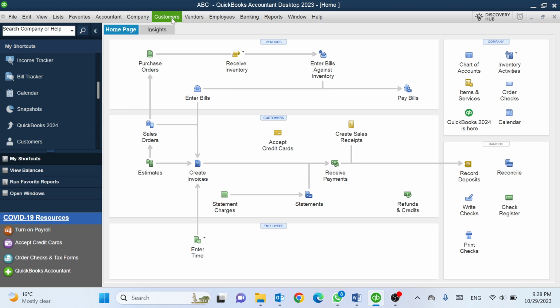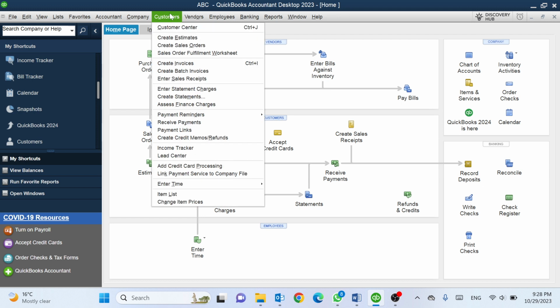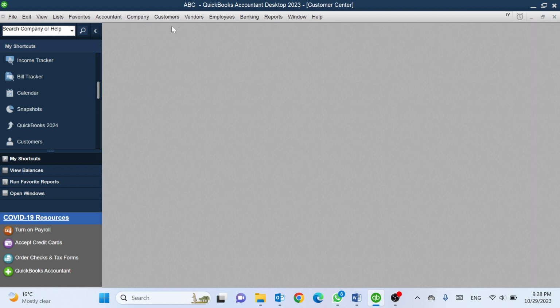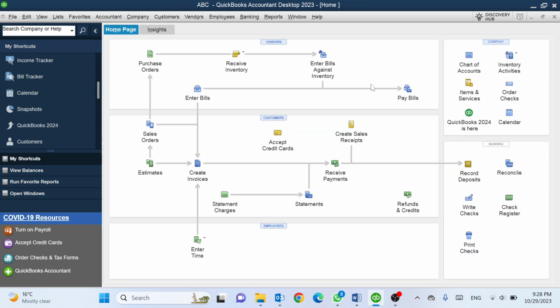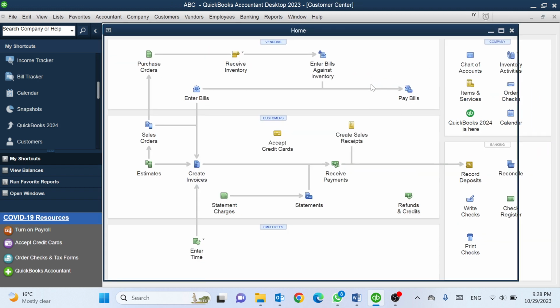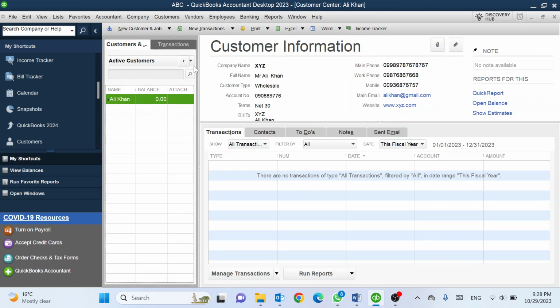Another place is here in the menu. You can see customers. Click on customers, then click on customer center. The customer center, then the customer job will open. Another option is Control J. Using Control J, you can open the customer page. So after opening the customer page, we come here and click on new customer and job, then click on new